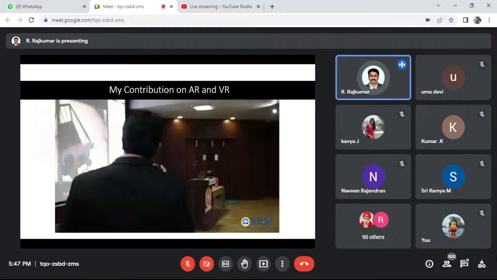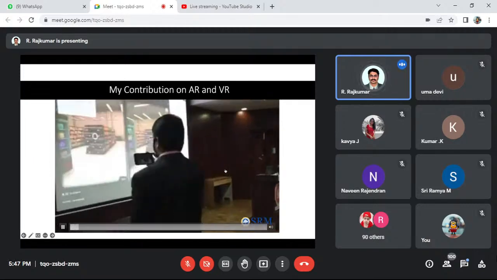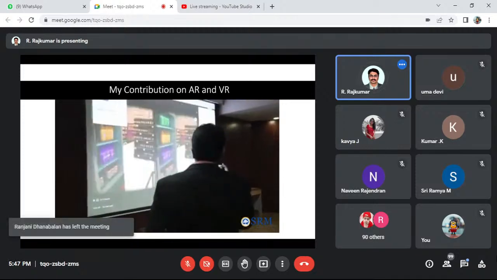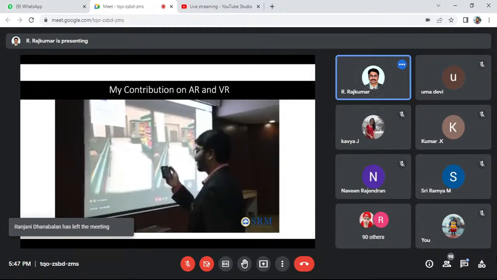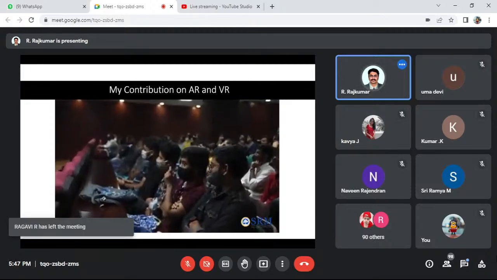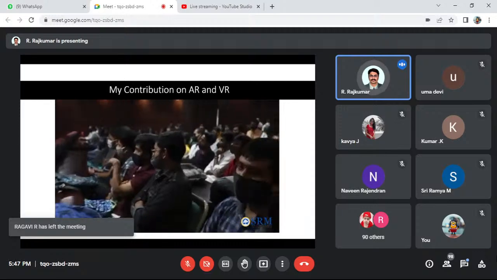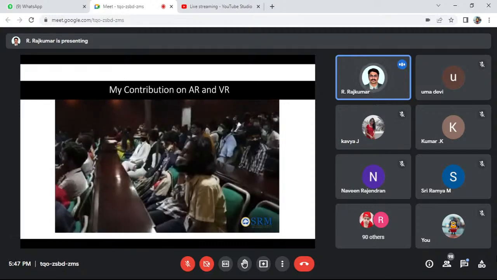So this is my demo. Last year in Bangalore, I did it. From this Diwali, Flipkart is going to release this kind of mobile application. You can actually go and grab things in 3D mode.